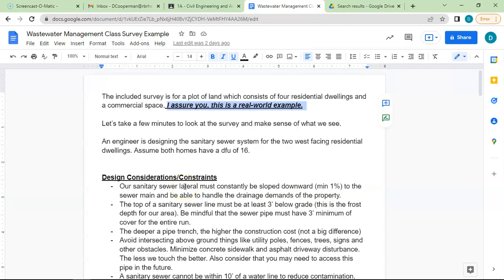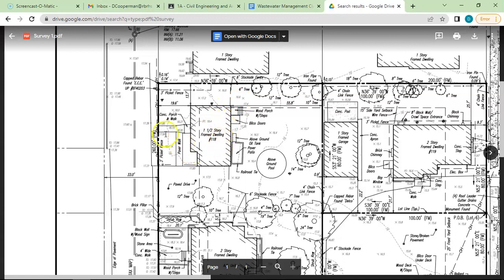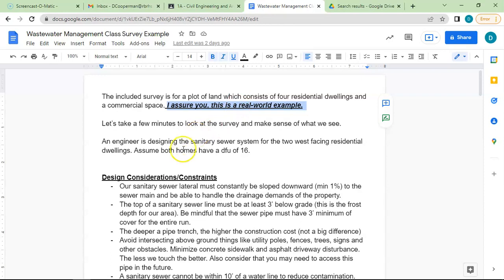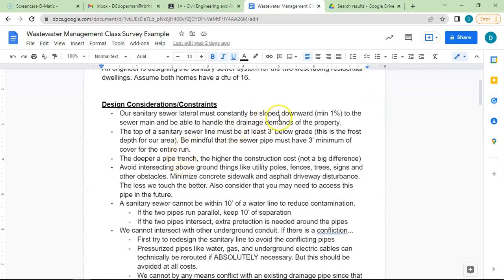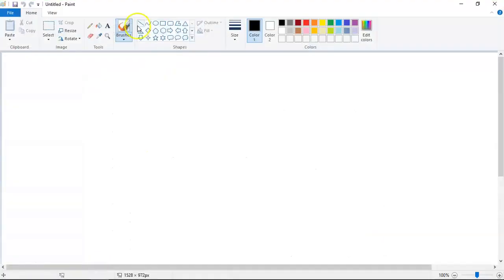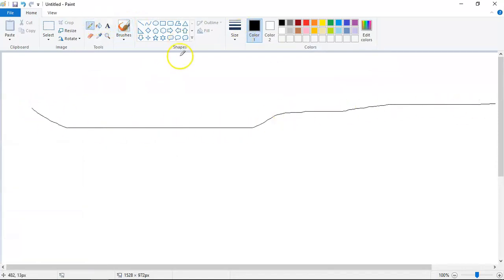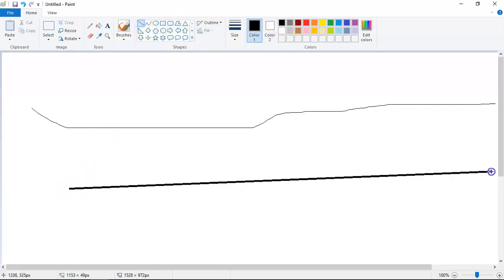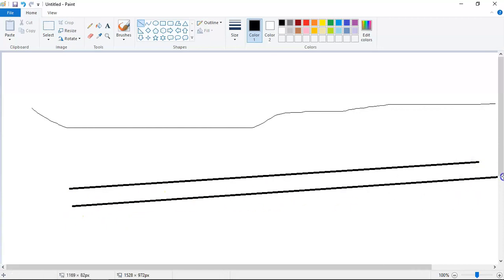In this project, we are going to design the wastewater of this house and this house right here. Suppose we have to redesign it, and our design must be sloped downward. You should know that the top of the sanitary sewer line must be 3 feet below grade. So what that means is if that's the top of your surface, a wastewater pipe has to be at least 3 feet